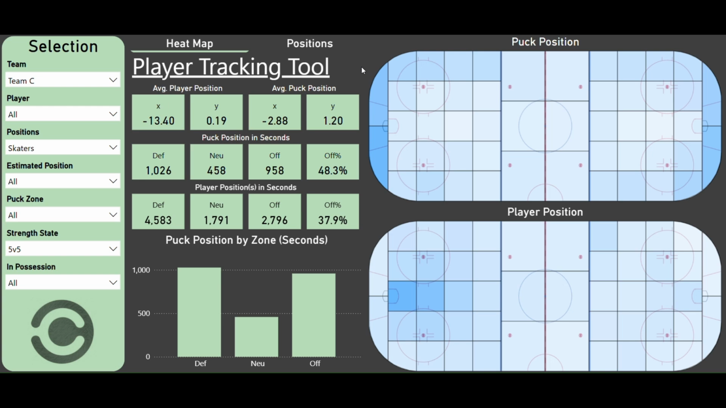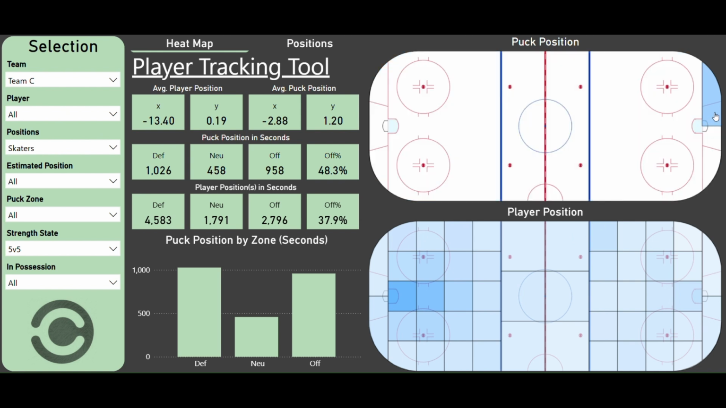So this is how the player tracking tool works. On the right side here, you have two ring visuals, two heat maps. One shows the puck position and one shows the player position, or in this case, player positions, because you have multiple players selected. So it works like this. You can select a specific